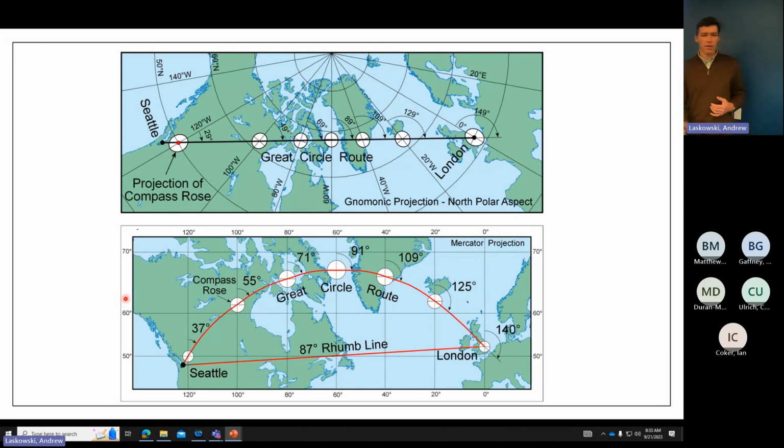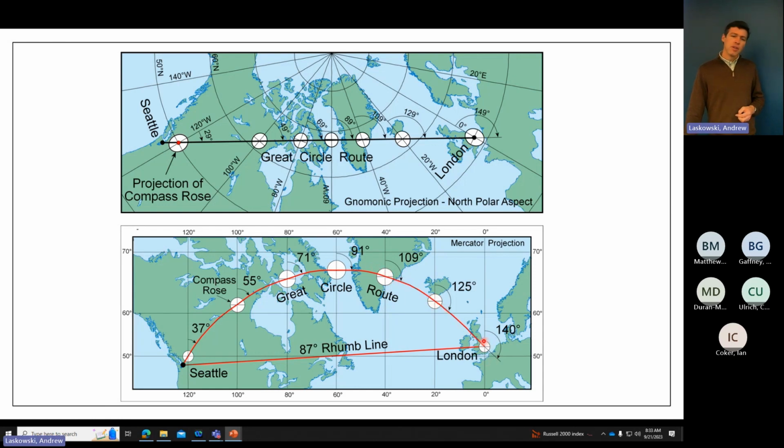So I mentioned this idea of great circles. These are lines that are defined by planes that pass through the center of Earth's mass. So you can imagine this curved line down here, this great circle path, as being the product of a plane that passes through the center of the Earth, intersecting with the Earth's surface. And this would actually be the fastest way to travel between Seattle and London because of the three-dimensional nature of the globe. So going up close to the Arctic Circle, crossing the southern tip of Greenland, near Iceland, and then